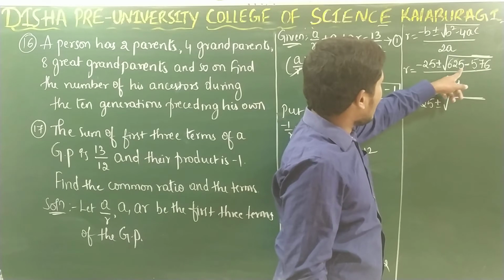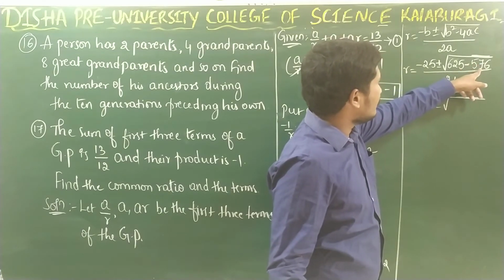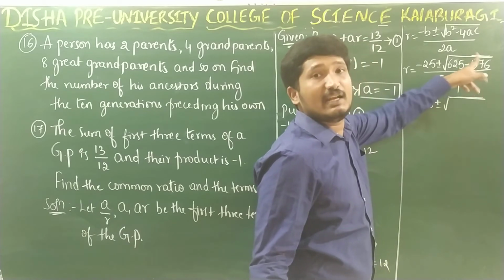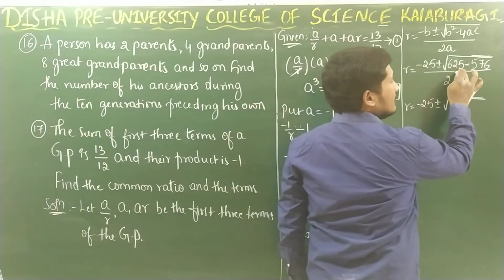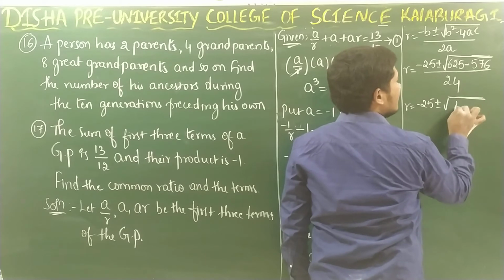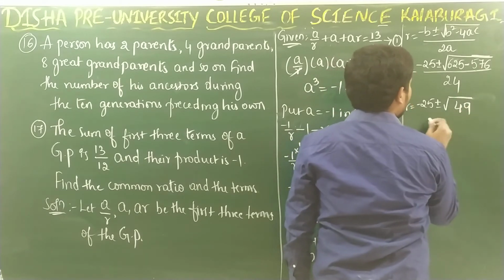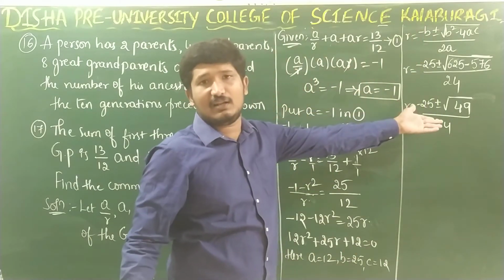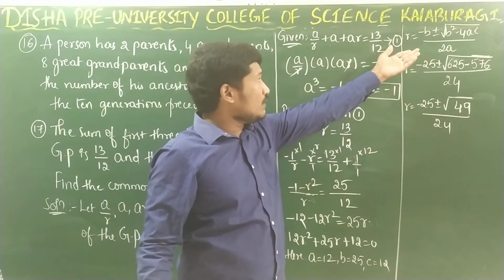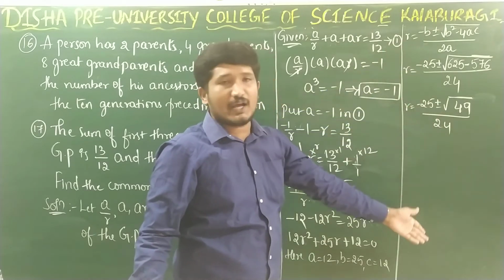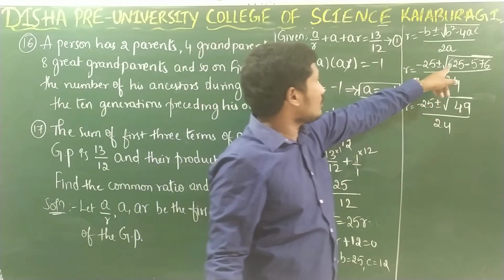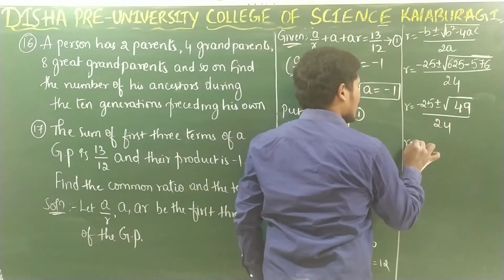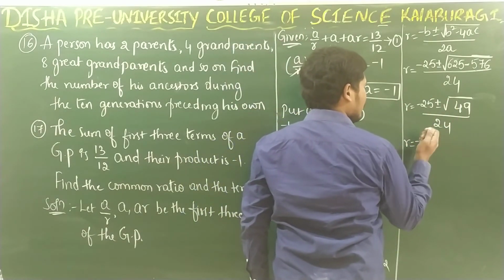See, when you subtract these two terms, you will be remained with what? 49, right? 625 minus 576 will be 49 whole divided by 24. You can do that. This is a simple mathematical calculation I am doing, right? You can substitute the values and check the value for R. So when you subtract this, it will be 49. R is equal to minus 25